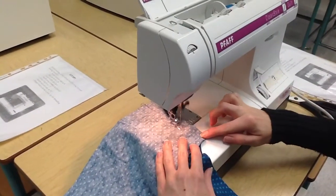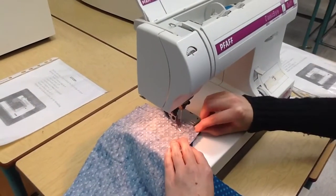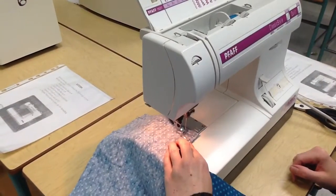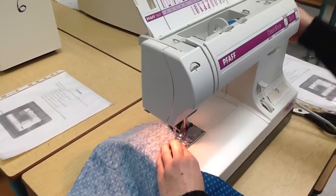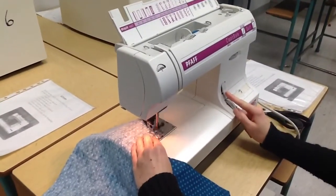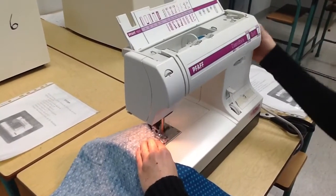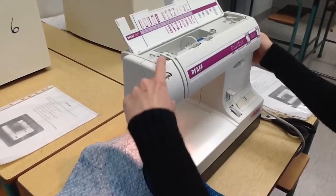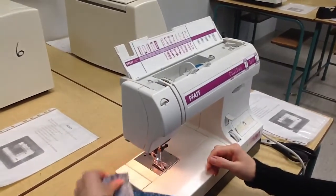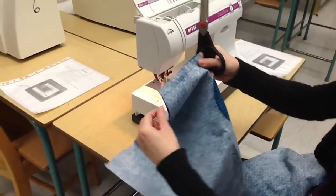When you get to the end, you're going to do the exact same thing you did at the start. Use your hand wheel to slow down, go right to the end, and then you're going to reverse your 3 or 4 stitches. Going forward, using your hand wheel, stopping with your thread take-up lever at the top. Make sure your thread take-up lever is up before you lift up your presser foot, pull out your fabric, and snip your threads. Snip your threads nice and close